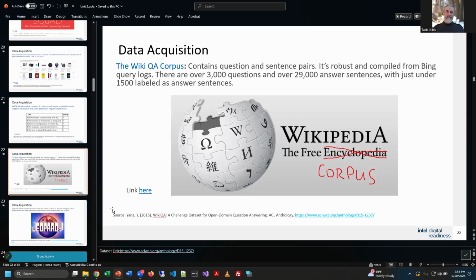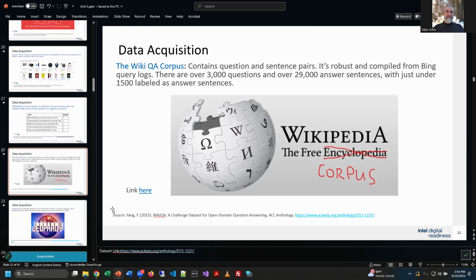Wikipedia has the WikiQA corpus, which is basically, once again, a combination of question answer pairs, right? So like, hey, what's the Python code for outputting a statement to the screen?